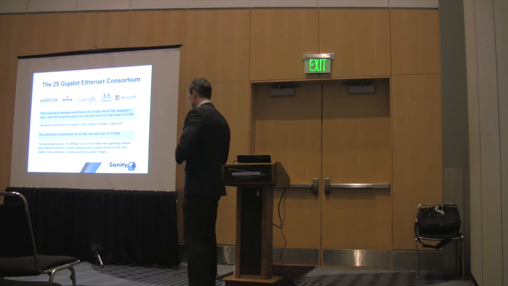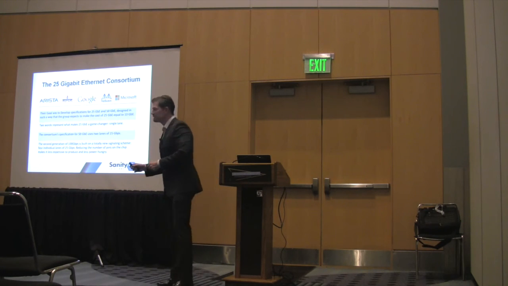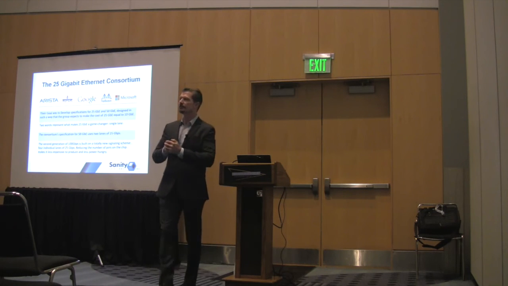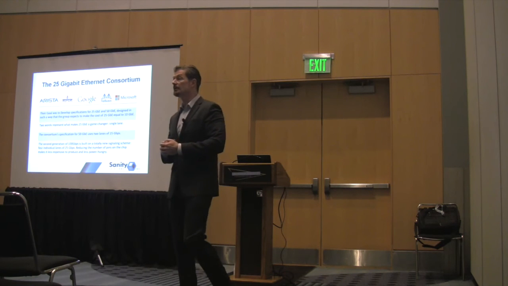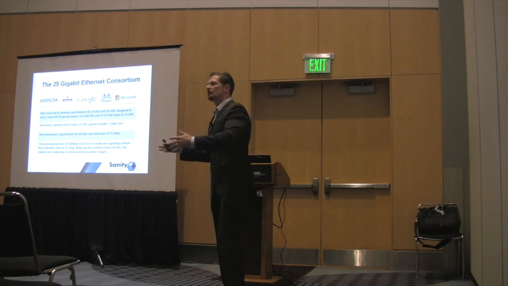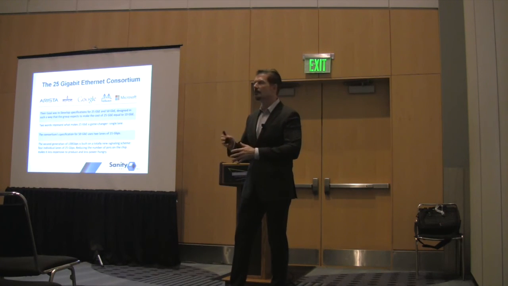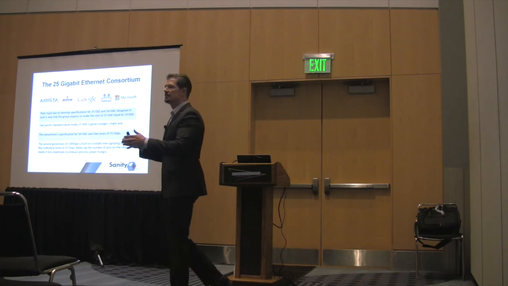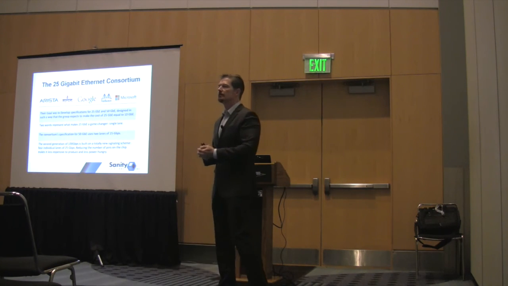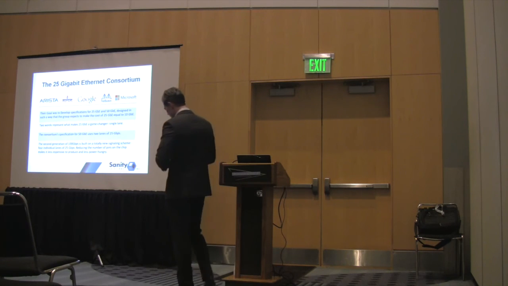The 25 gigabit Ethernet consortium. So Arista, Broadcom, Mellanox, Microsoft all got together, and they wanted to develop a new Ethernet capability. Now, as we've been talking, why is this important? Well, as we said earlier, we're generating all this I/O on the hardware now. We have to have the ability to deliver that payload, and with 10 gigabit, we can't do that. So these companies got together and developed a 25 gig model.